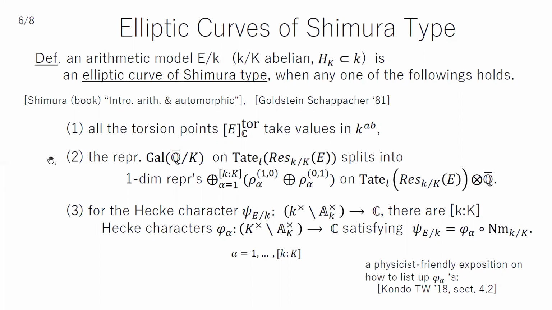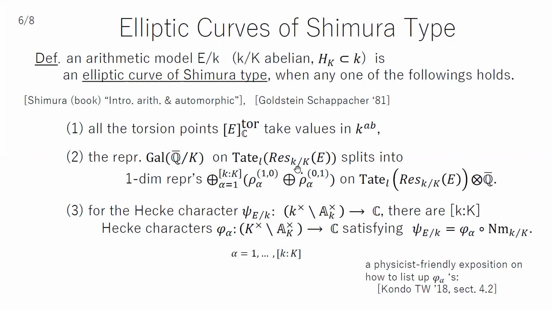But one important characterization is the second one, which is that it is possible to construct a Galois representation of the Galois group of the field of rational numbers, or the imaginary quadratic field K. The Galois representation of the field of definition is well defined already, as I've explained earlier, on the Tate module of the elliptic curve E itself. But when we think of the induced representation of that to define the representation of the Galois group of the field K,